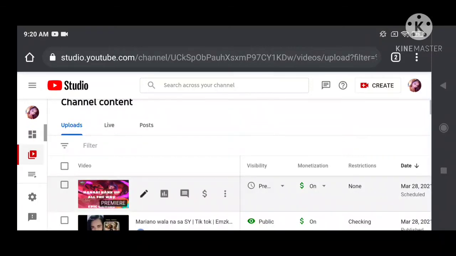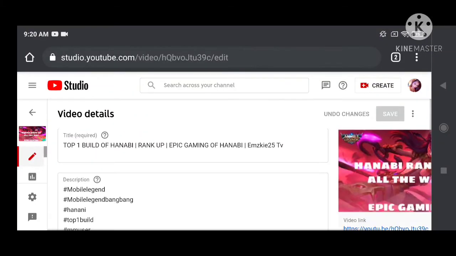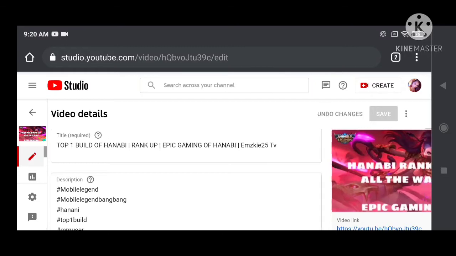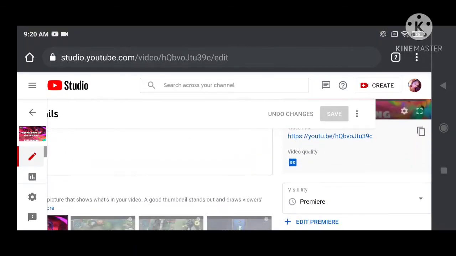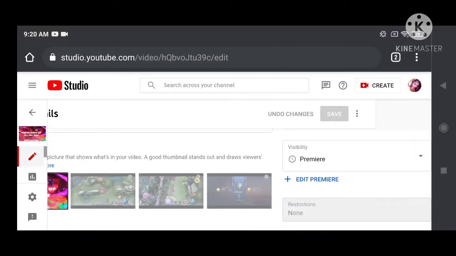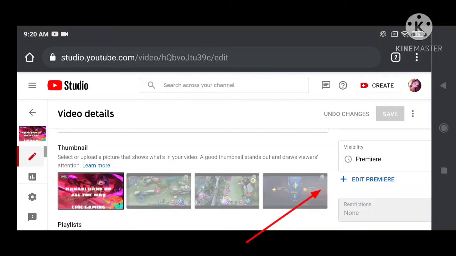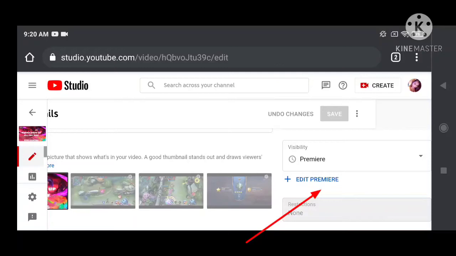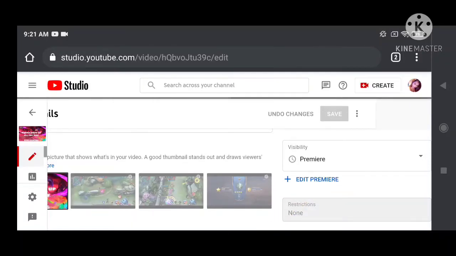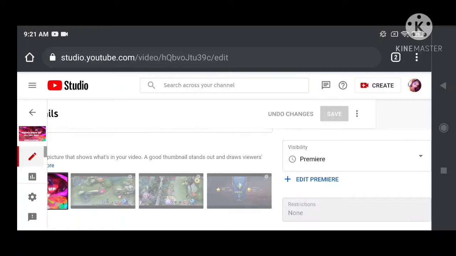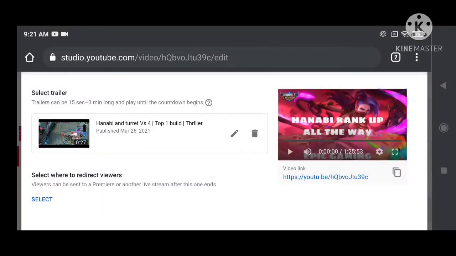I-click lang natin yung title, then click the pen sign, and you'll be routed to edit something on your premiere. So as you can see it here guys, you see there, edit premiere. Just click that one, and then you will be routed to insert a video of your selection that you want as your premiere. So once you click on edit premiere,